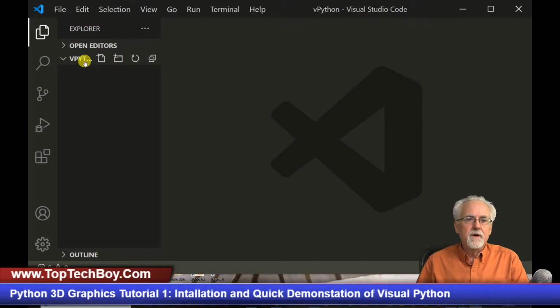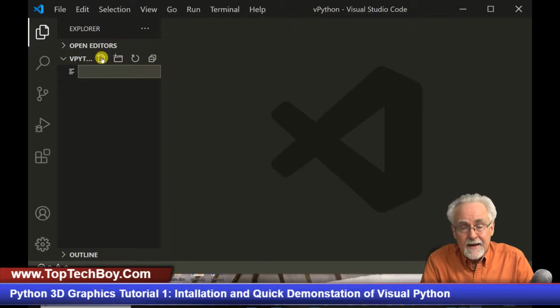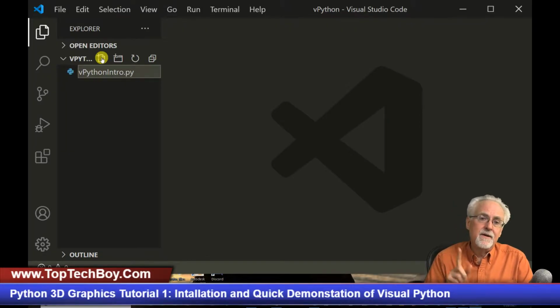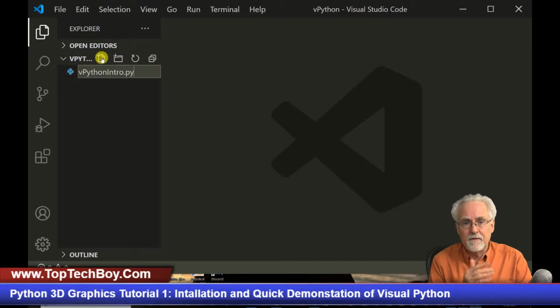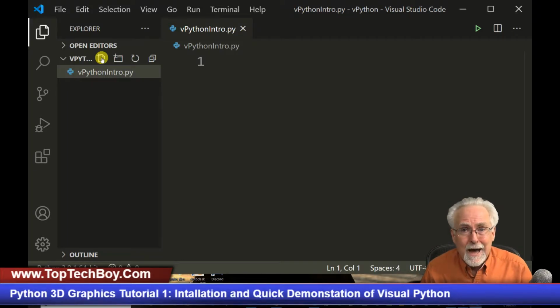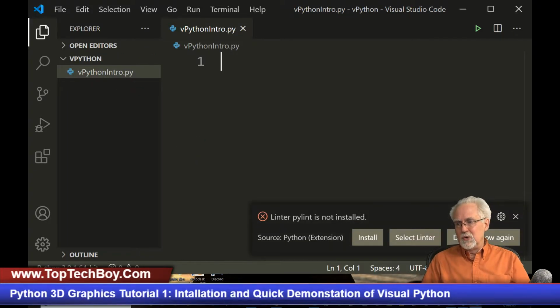So I come over here and I point at Vpython, and then I click the little plus, and that allows me to add a new Python program inside of Vpython, and I am going to call it Vpython intro.py. The .py is kind of important, and also it is poor programming practice to put spaces in file names, so never put a space in a file name. And then I'm going to click enter, and boom, I have a fresh new